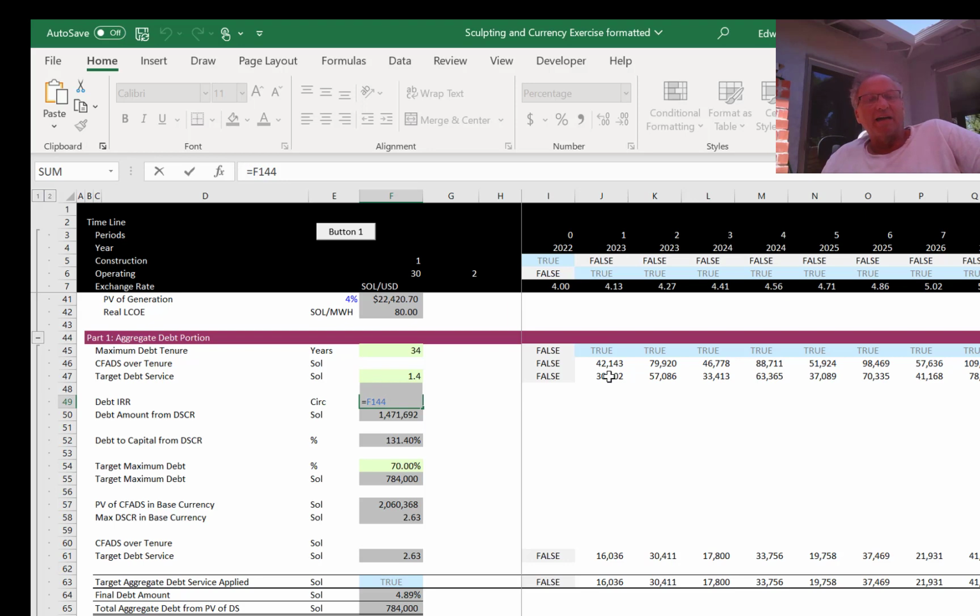So I'm going to go back, and what I would do is start this with just putting some IRR in that's somewhere between the IRR for the